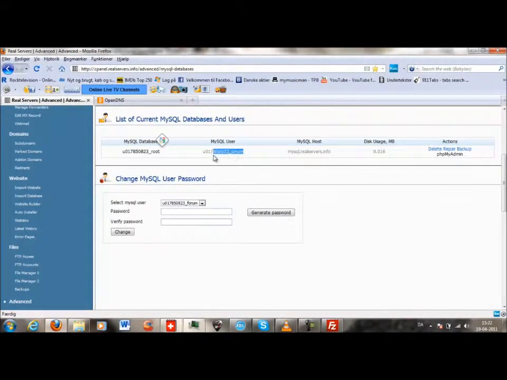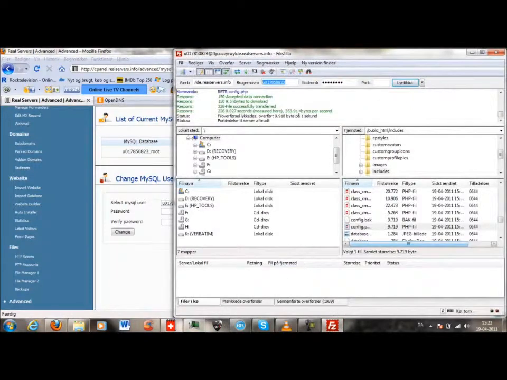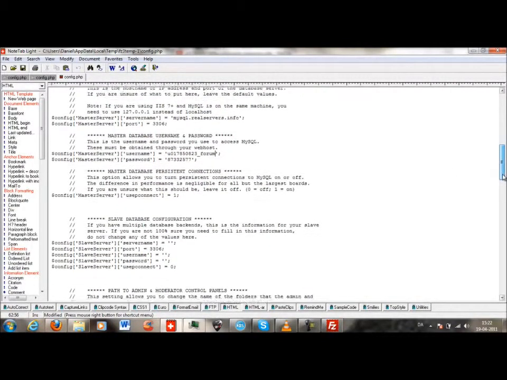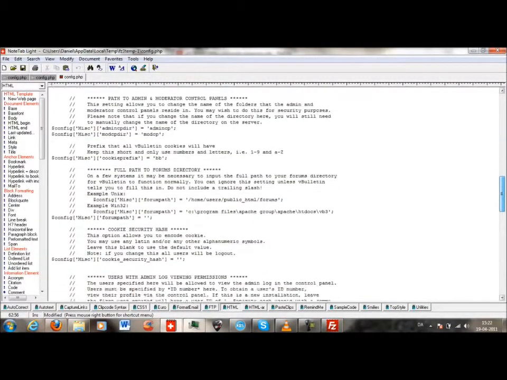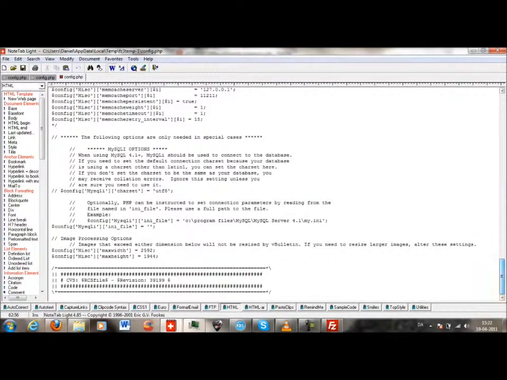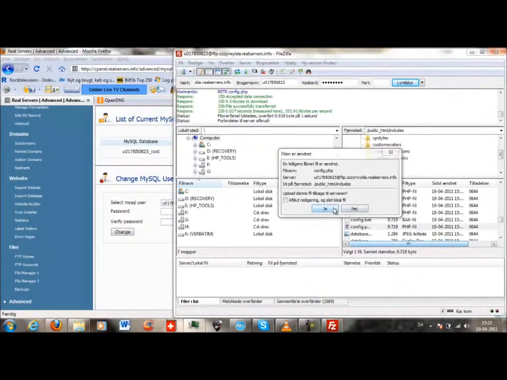It's here, MySQL user. And now save it. And in the FTP, there's our earlier open file is changed, and just say yes.